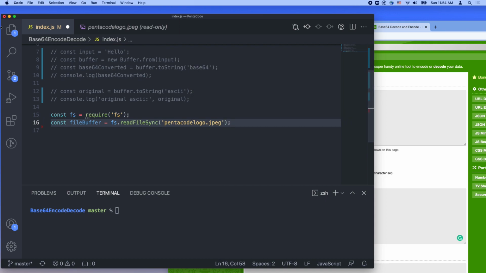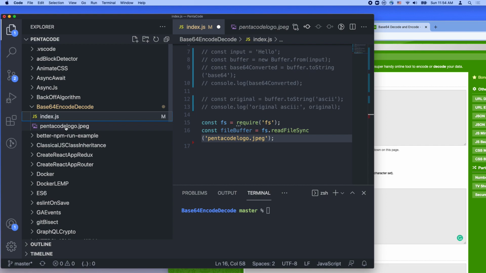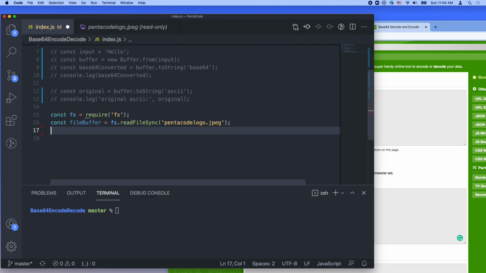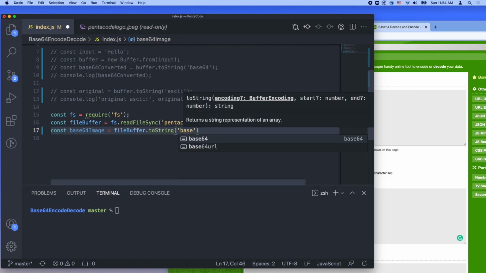This is the file that's currently residing in our directory. And we have this file in a buffer now, in memory. So let's convert it into a base64 image. Base64 image equals file buffer, and then you do toString, and then convert it to base64.